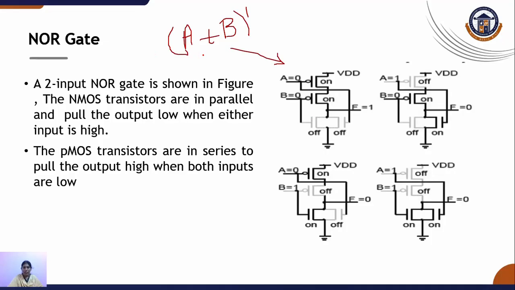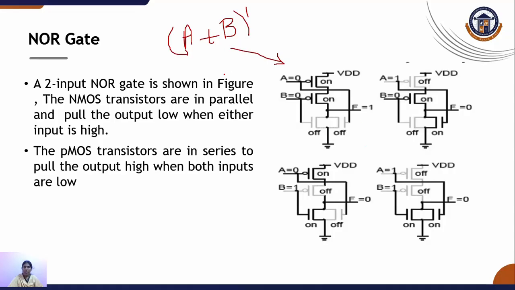First we concentrate on designing the NMOS logic. From this equation we design the NMOS logic. A plus B: plus means parallel, dot means serial connection. So for A plus B, we connected both NMOS transistors in parallel. Just the opposite way we connect the PMOS: parallel in NMOS means serial connection in PMOS. So we connected both PMOS transistors in series. Then we make the CMOS NOR gate implementation.